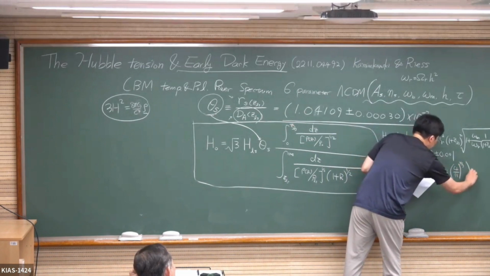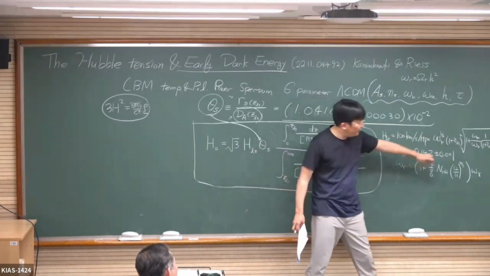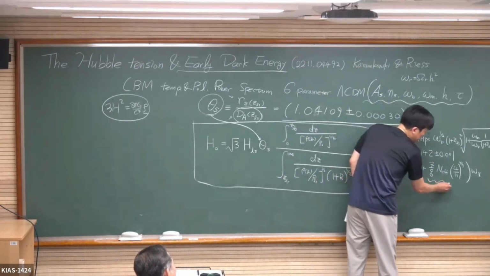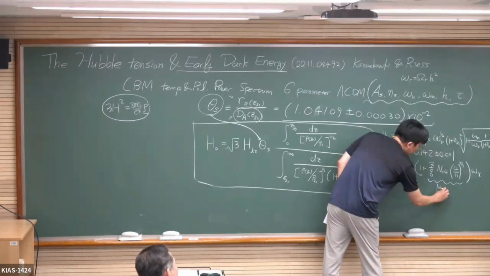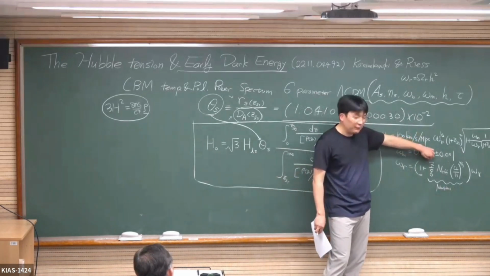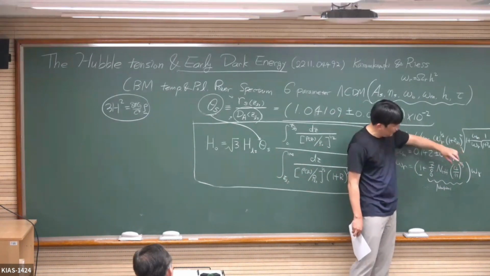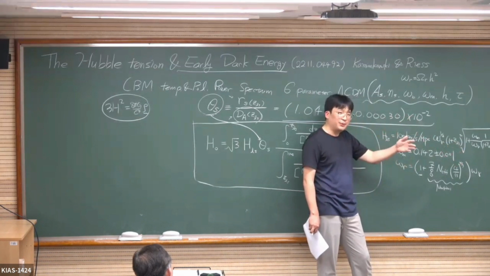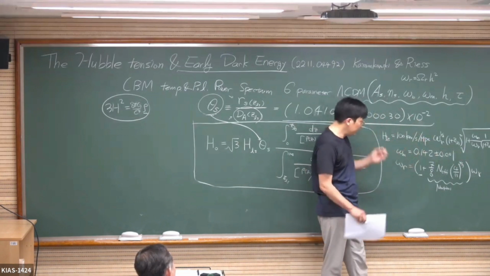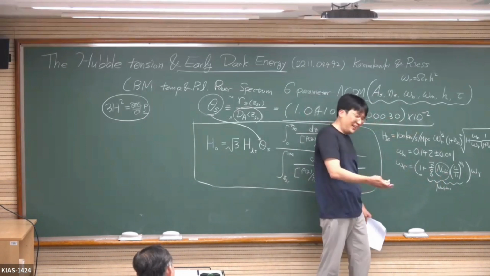Let me explain after I write this. So that is the total radiation density. That is related to the photon density, which obviously is coming from the photon. The other one is coming from the neutrinos. The 7/8 comes from the fact that neutrinos are fermions and photons are bosons, and 4/11 to the 1/3 is the ratio between the neutrino temperature and the CMB temperature. And we have the fourth power because the energy density is proportional to the fourth power of temperature. And N effective is the effective number of neutrino species, not 3.